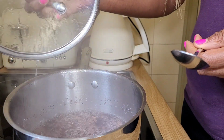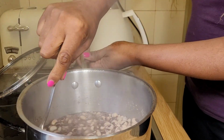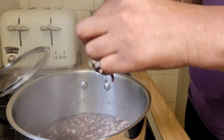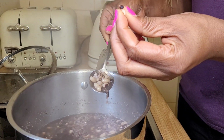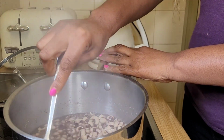So let's now check on the beans. Let's see how they're doing. I've been cooking these for about 45 minutes. And I want them to be soft to touch, and they are. They're ready to go. So I'm going to drain these and set them aside, and then deal with the Waakye